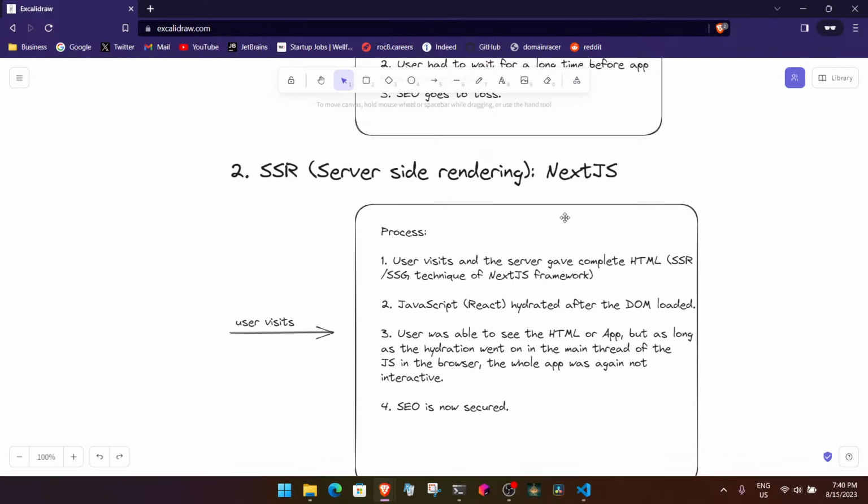The thing that Next.js did, apart from incorporating this, was a technique incorporated in the SSR scenario, which is hydration. What hydration was, that once the HTML,